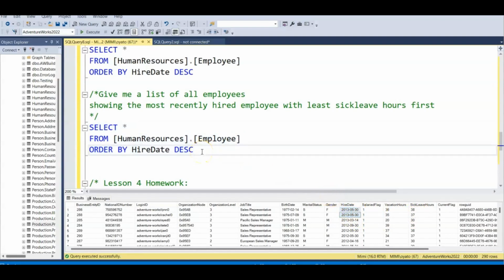Now we have to tell SQL Server, I want you to order by hire date, that's fine, but I also want you to order by the sick leave hours. So you just need to put a comma. And now what is the column name? The column name is sick leave hours. So I'm going to type sick leave hours. Remember, if you don't put anything here, the default is ascending. So if I run this now